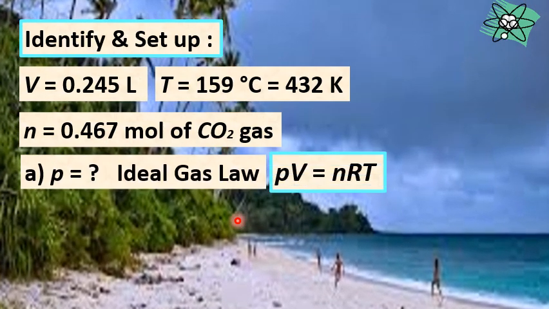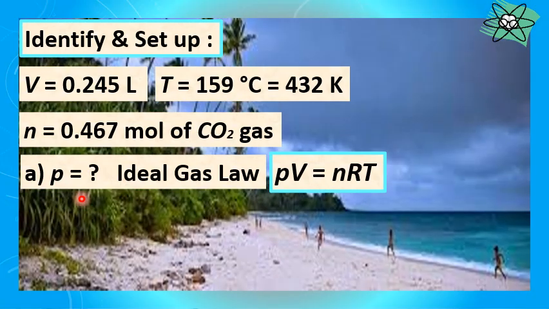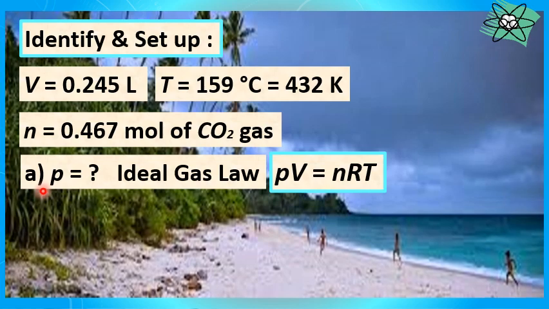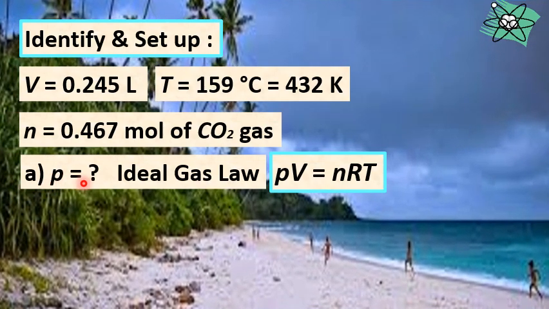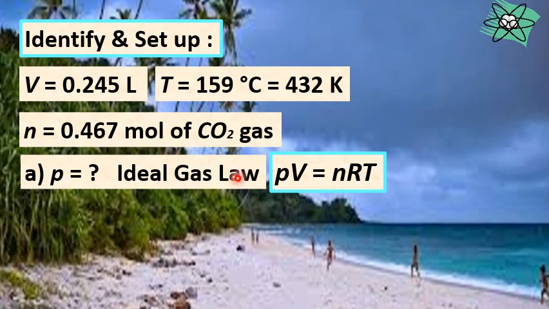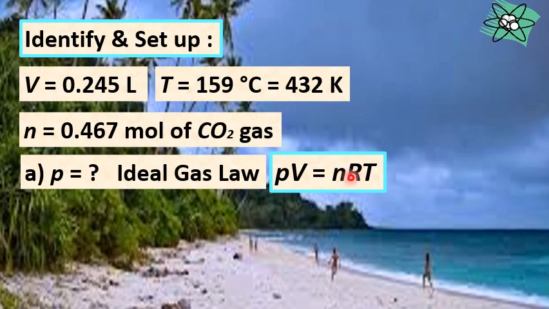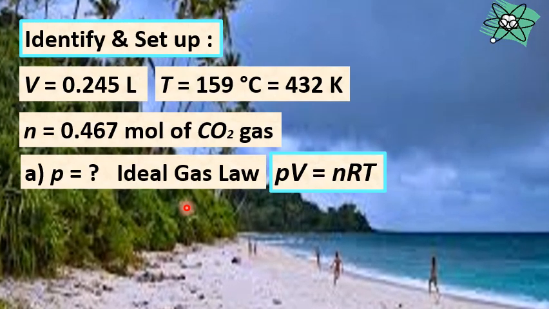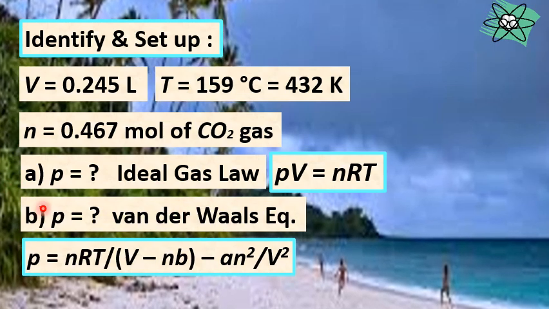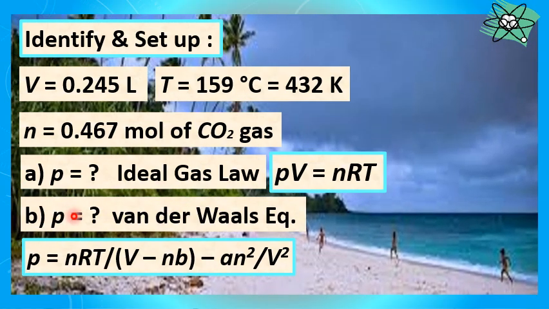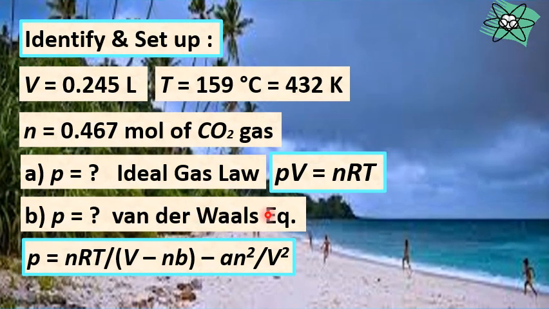And our target variables: first, we have to find the pressure, small p, using the ideal gas law equation, PV equals nRT. For letter B, we also compute the pressure, but this time using the van der Waals equation,